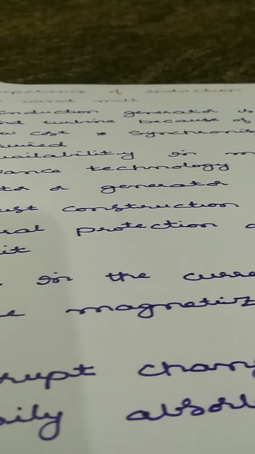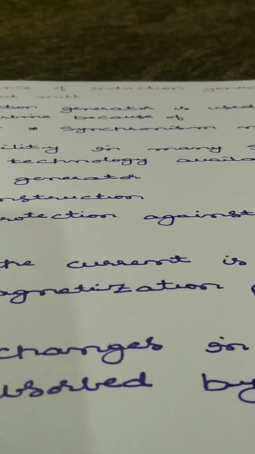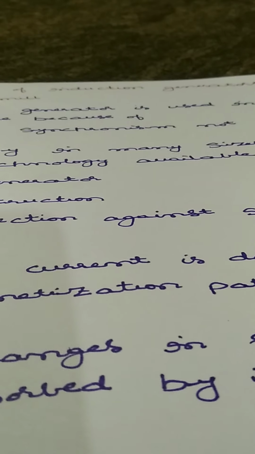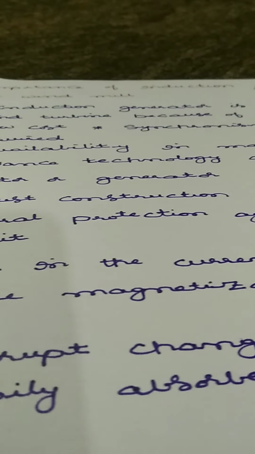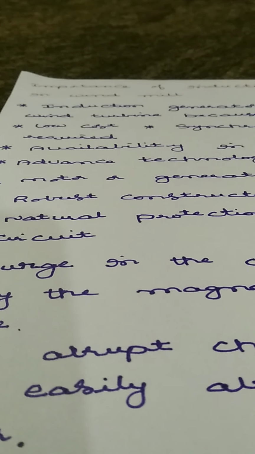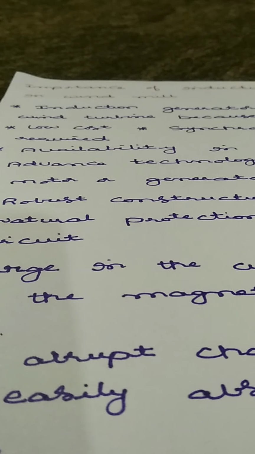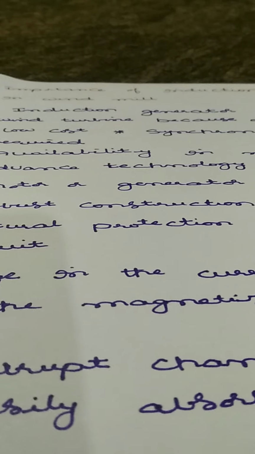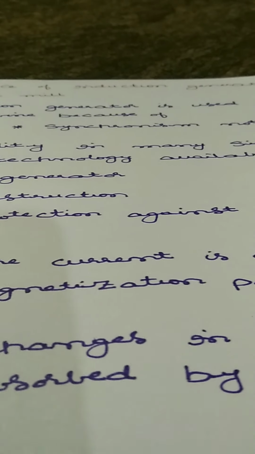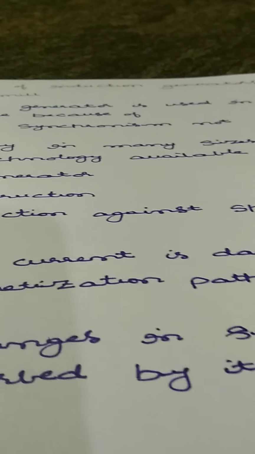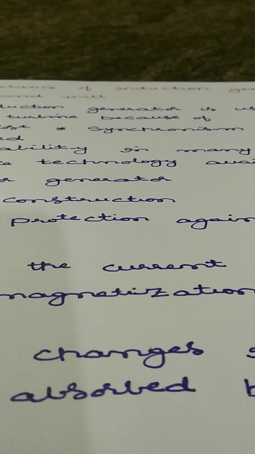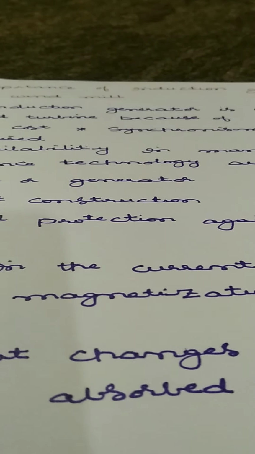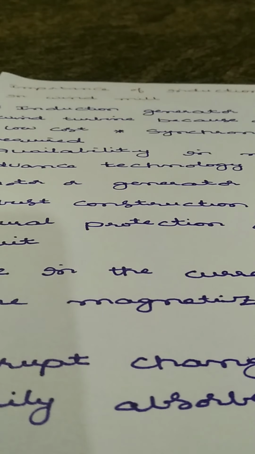Synchronism is not required. Whereas with a conventional generator, in a hydroelectric power station, thermal power station or nuclear power station, we are using conventional generators, alternators. There, synchronism is a must and is required. Without synchronism, it is not possible to run the alternator. But whereas with the induction motor, if you couple it to the wind turbine, synchronism is not required.